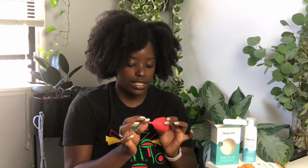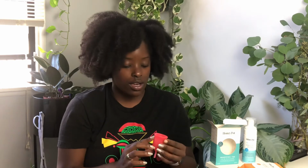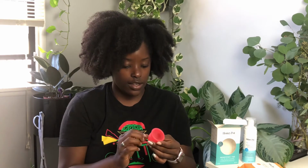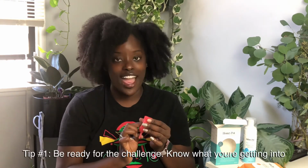I actually didn't. I kept it just where it was, because I didn't feel it at all. But maybe depending on the length of your vaginal canal, you may have to clip it. So a couple tips about this is that if you're gonna try this, you have to be ready for a